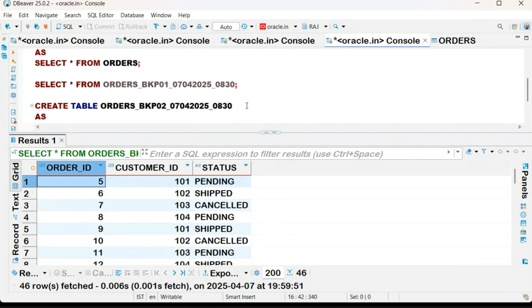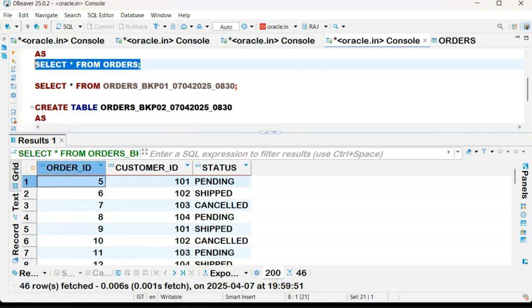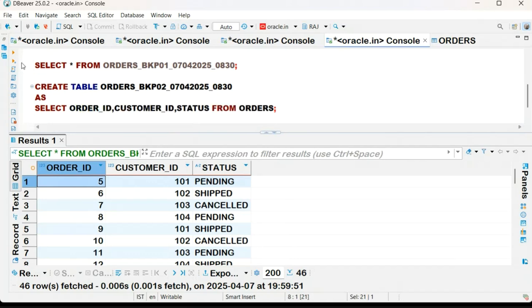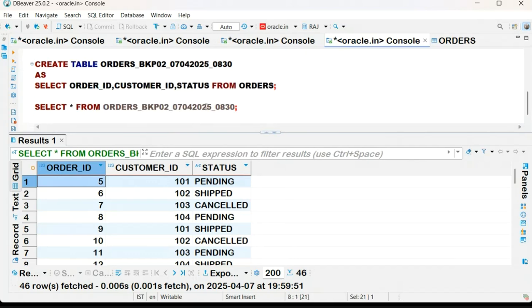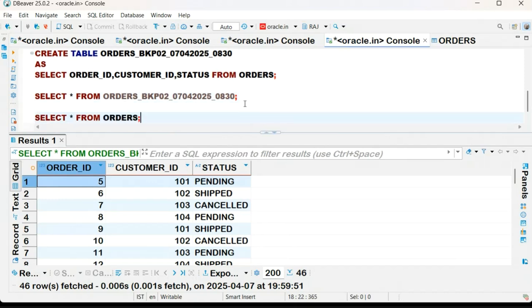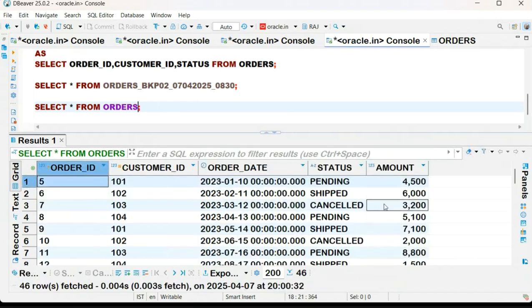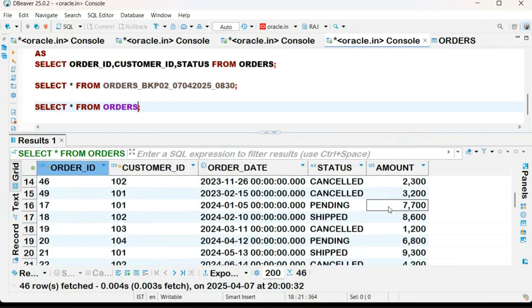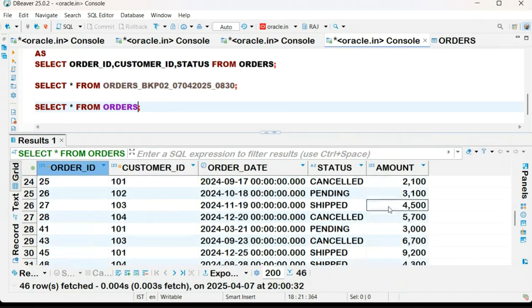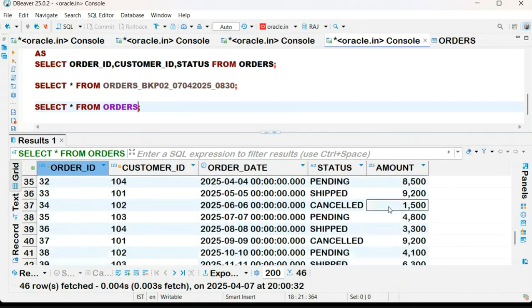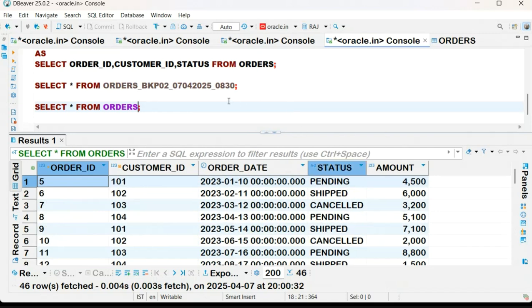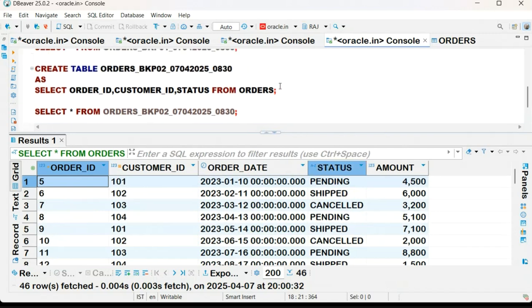Okay, so if you go and see the main table, let me copy this one and execute here. There is one more column, which is amount, right? Amount is there. Now I want records conditionally. Okay, conditionally, what is the meaning of that? So